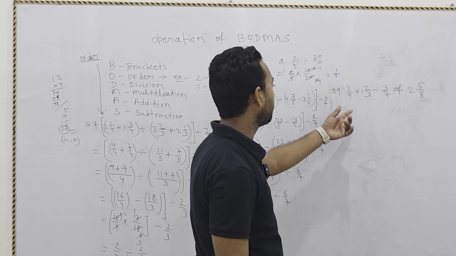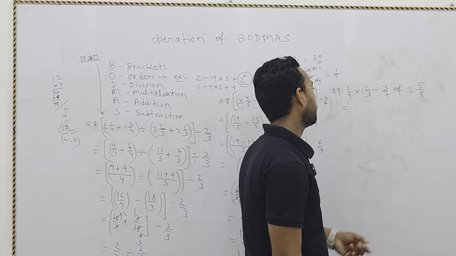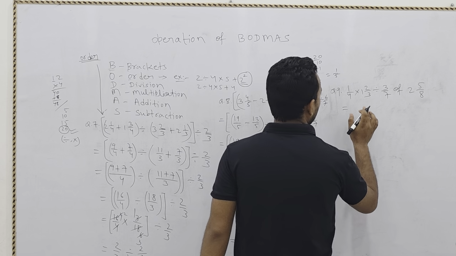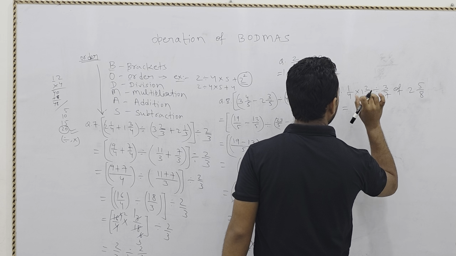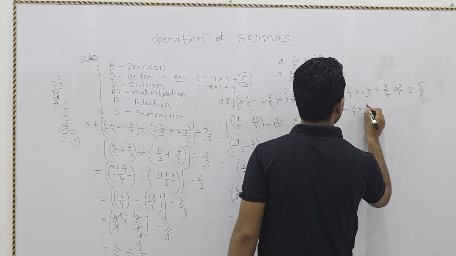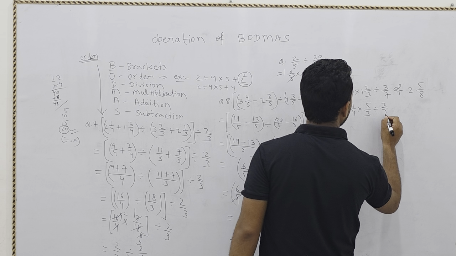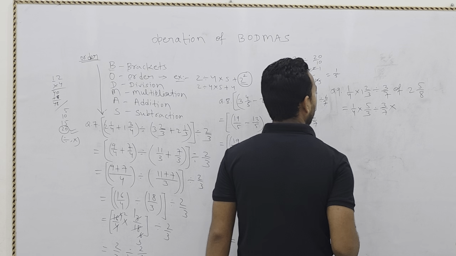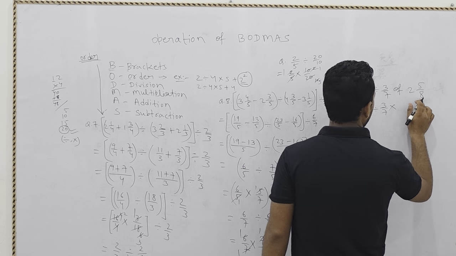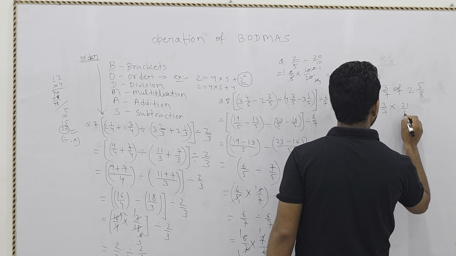First we will see the bracket. According to the order, first is bracket. Here bracket is not given. Then after that comes order, so order is given here as of. So here the mixed fraction will convert into a fraction and the rest of the question we will write as it is. 3 times 1 is 3 plus 2, 5 by 3, divide by 3 by 7. This of we will write as multiply, and we will solve this multiply first, this portion, not the division. 8 times 2 is 16, 16 plus 5 is 21 by 8.